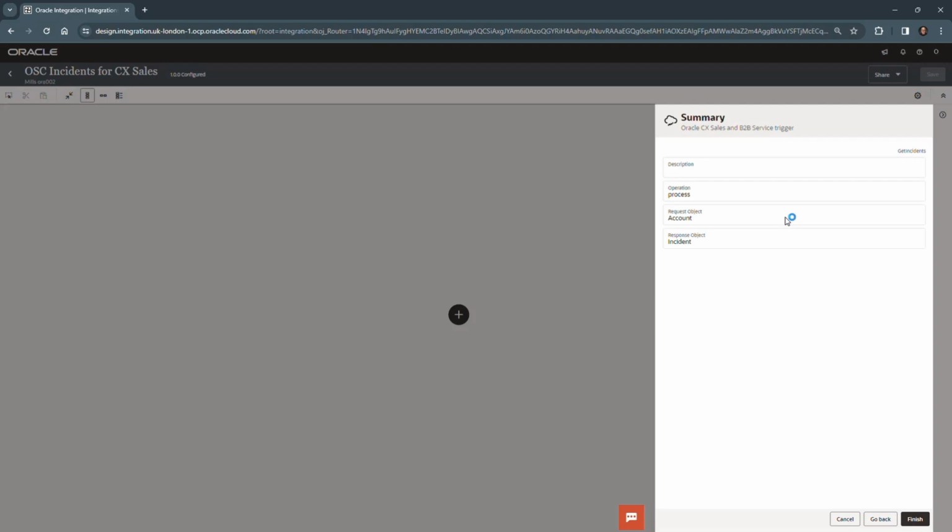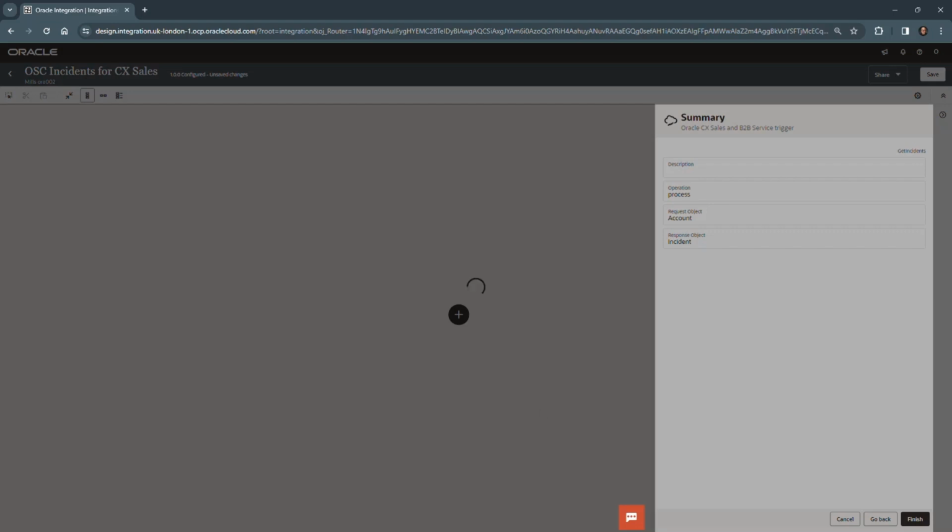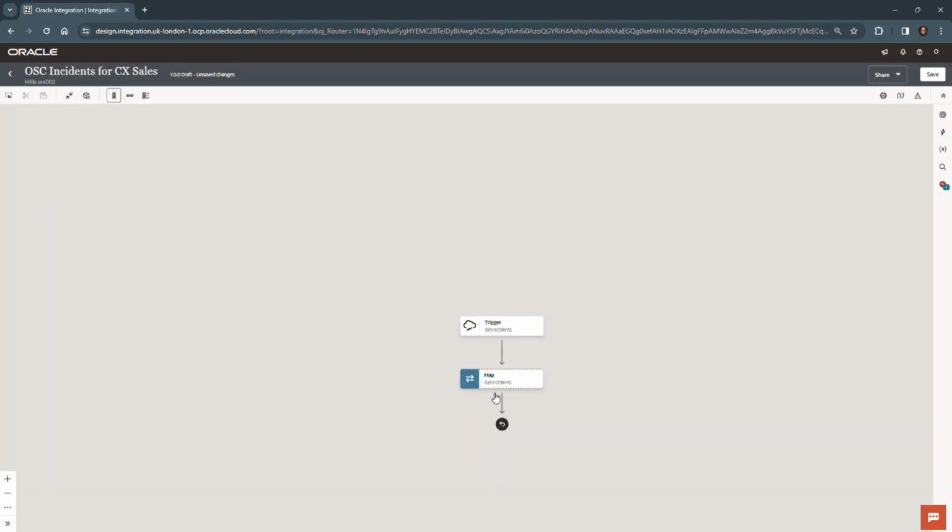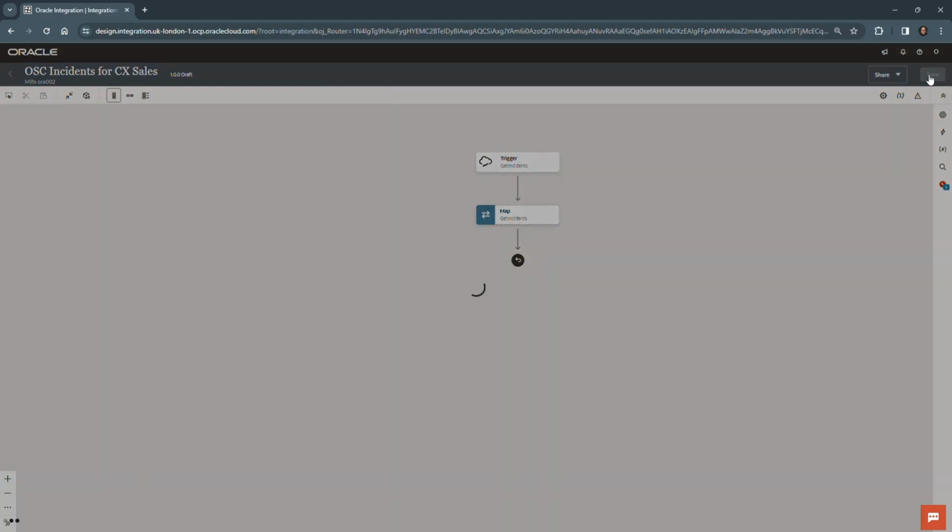And this is something that you might see when you configure a configuration such as this. We see the request object that we selected, the response object selected. It's always good to review to see if you've got your configuration correct. So once I click Finish, I'm returned to my design canvas, and as always, because this is a synchronous request response integration, there's the mapper action ready to be configured once we're done with the implementation of our integration. I'll click on Save,